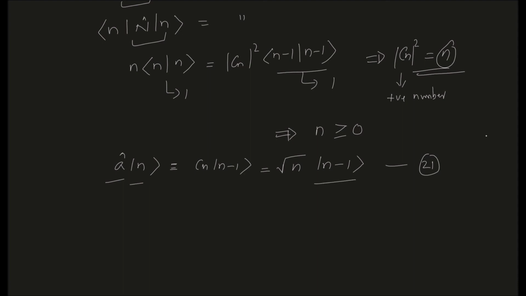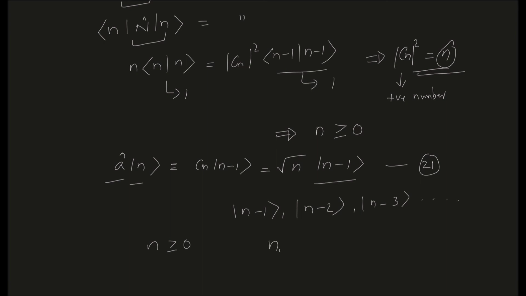So repeated action will generate basically states like |n−1⟩, |n−2⟩, |n−3⟩, etc. Okay. So since we have seen that this n can never be negative, or n is always greater than or equal to 0, there must exist an eigenstate with an